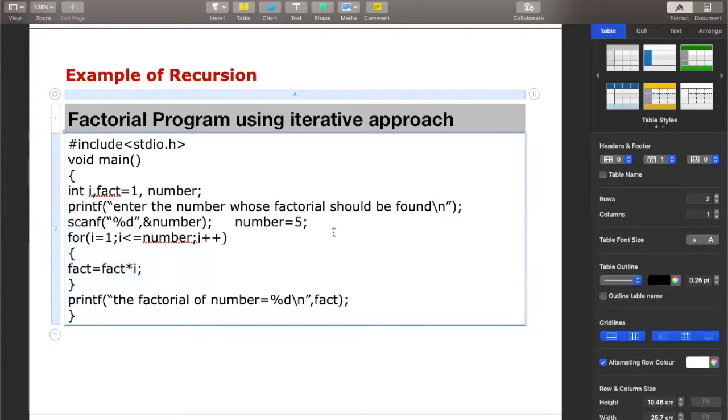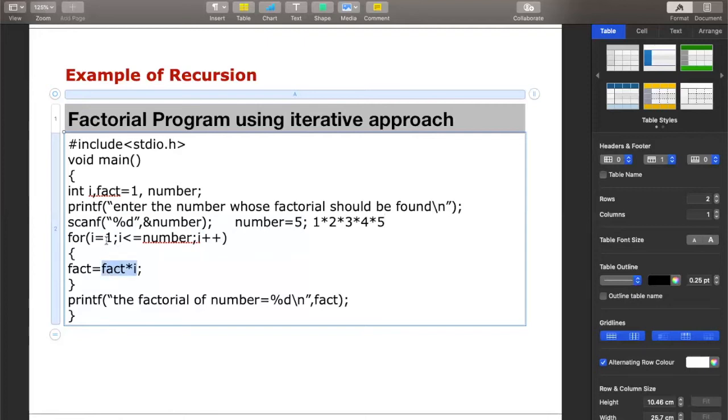As you all know, if we need to find the factorial of 5, it's nothing but 5 into 4 into 3 into 2 into 1. This is what we need to perform, or else the opposite way, 1 into 2 into 3 into 4 into 5. In any way it serves the purpose. So let us take 5 factorial as 1 into 2 into 3 into 4 into 5. This step is nothing but doing the same thing.